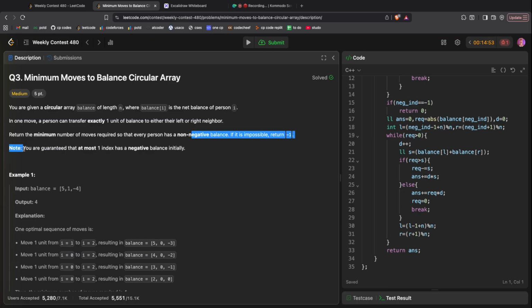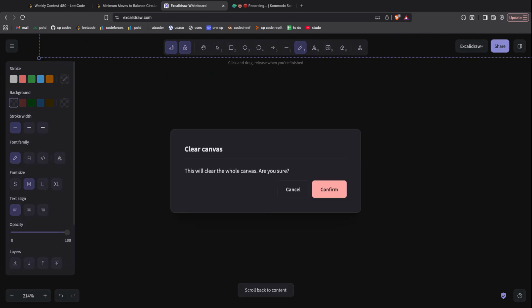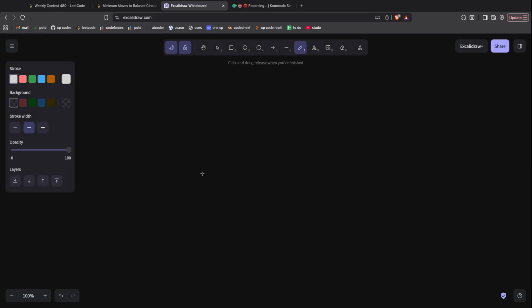This makes this question very easy, because I took like 15-20 minutes thinking that, okay, the problem is if there are many negative values. So if there are many negative values, what could be the problem? Let's say the question allows many negative values. So it could be like